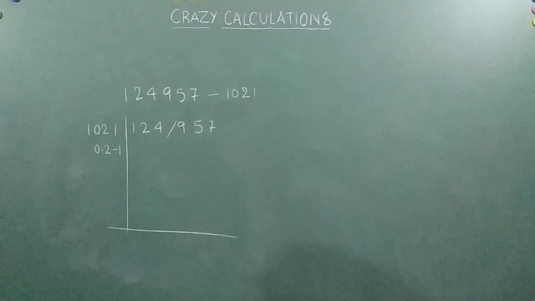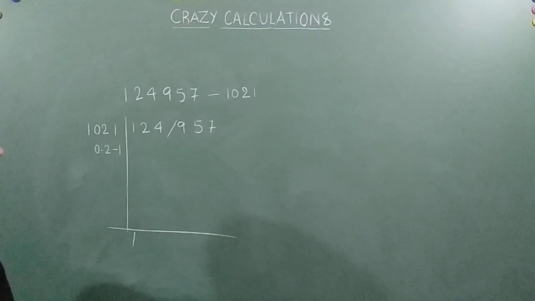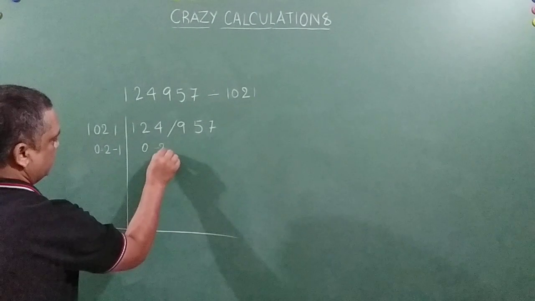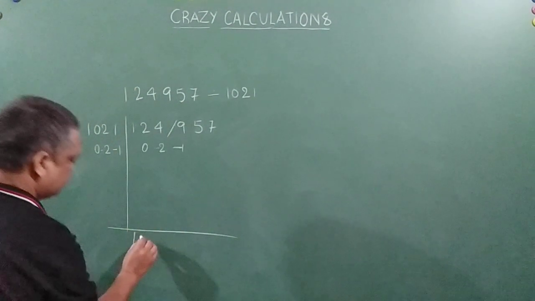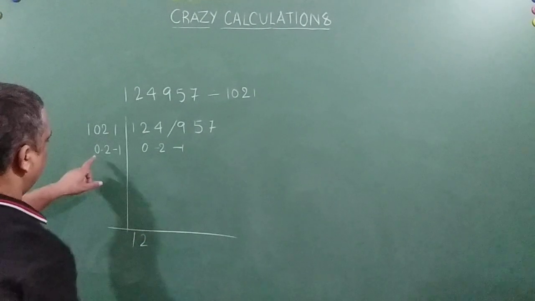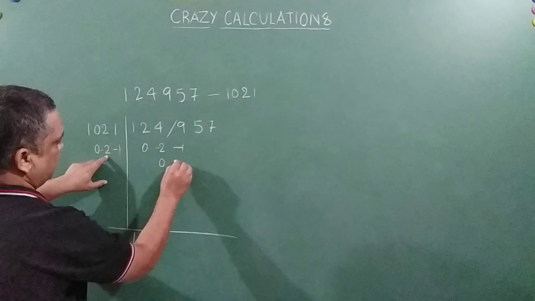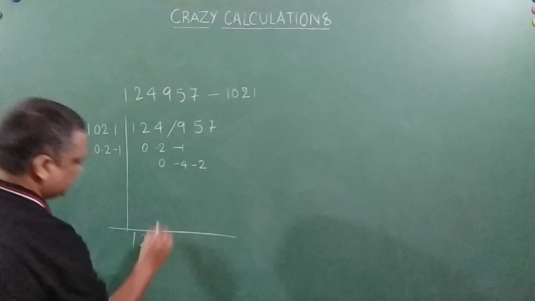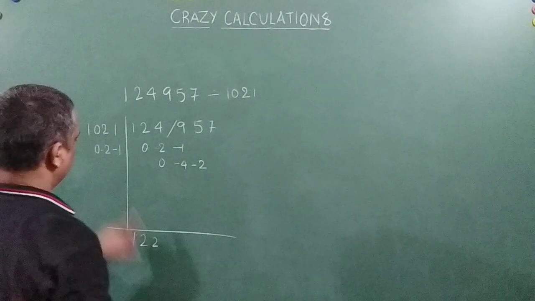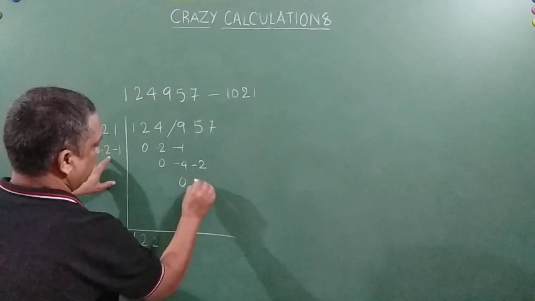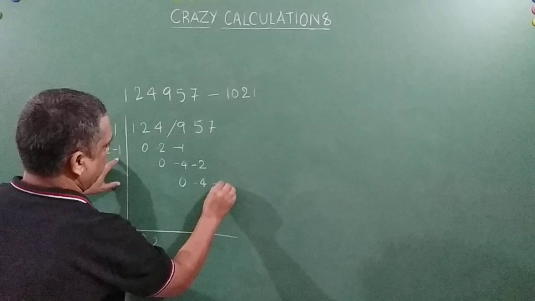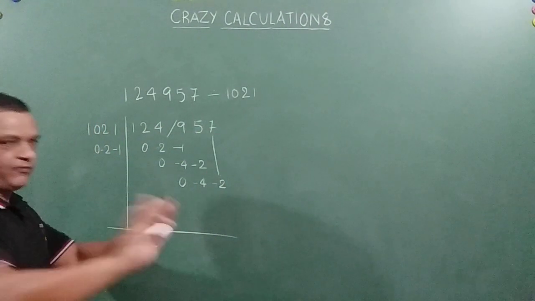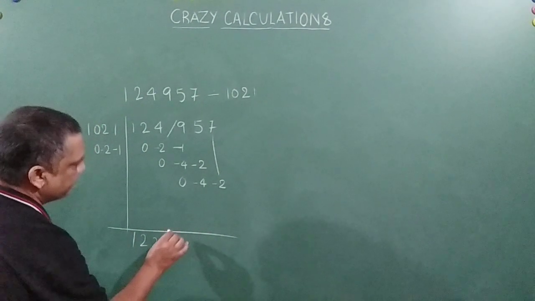I draw a line here. The first digit I just reproduce it like this. Then 1 into 0 is nothing but 0, -2, -1. Now this is 2. So 2, this is 0, this is -4, this is -2, right? So this is equal to 2. So again 2 is equal to 0, -4, -2, right? Yes, we have reached here. No more further multiplication. Stop it here, right?